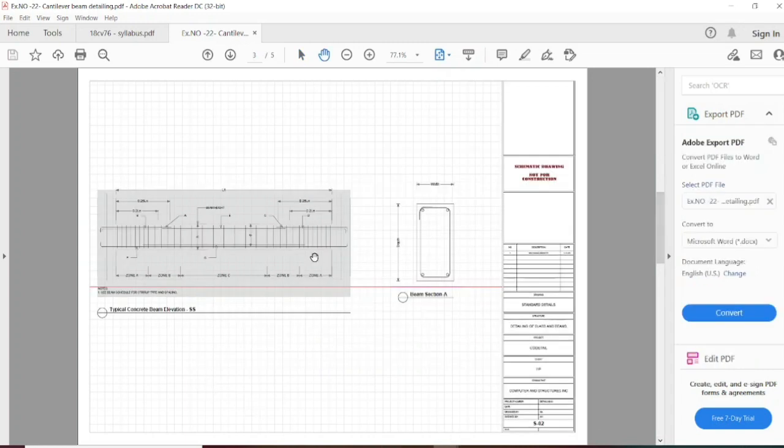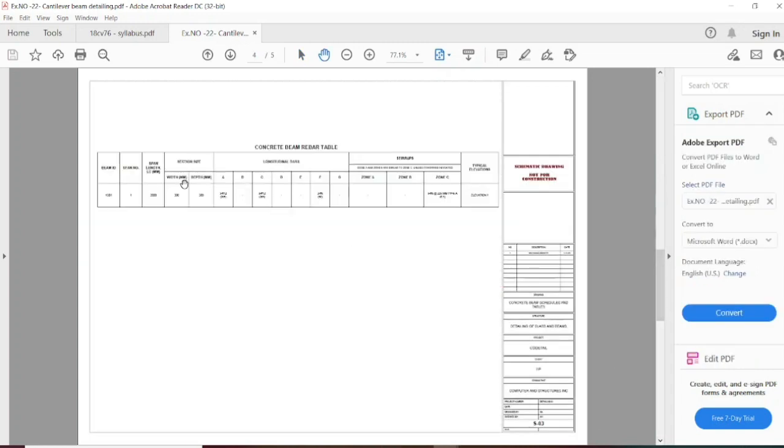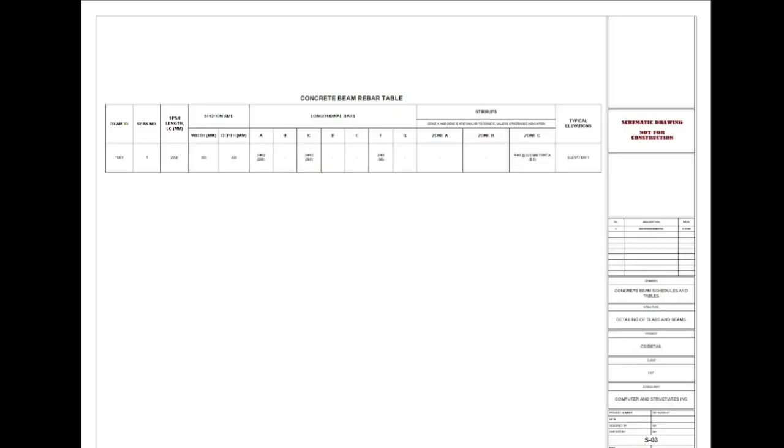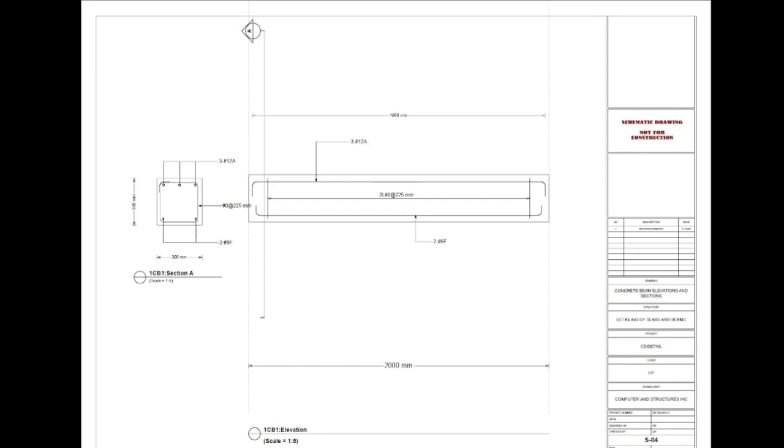Typical concrete beam elevation. The concrete rebar table. You can see the typical reinforcement here. 3 number of 12 mm dia bar at top, 2 number of 8 mm dia bar at the bottom.